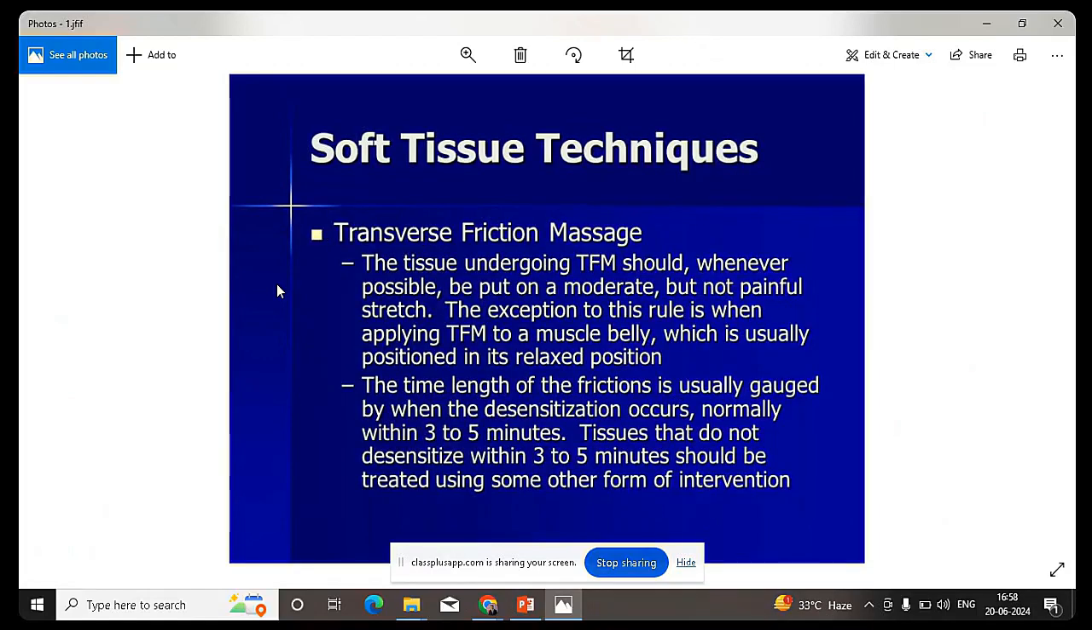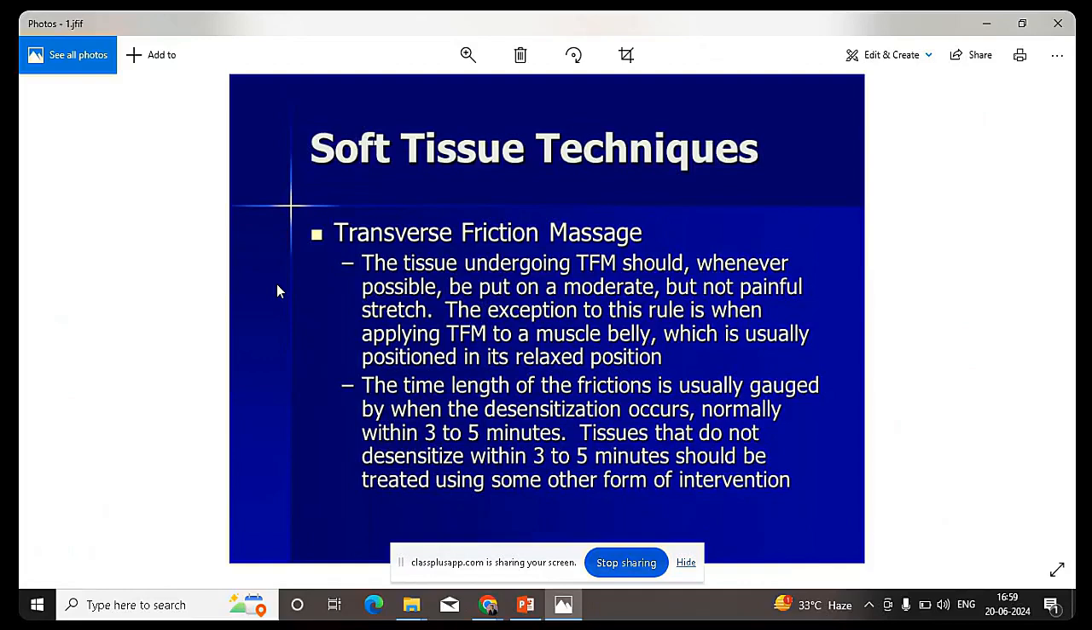Then there is the transverse friction massage. This can also be simply called a deep tissue massage, or it can be somewhat compared with the Mardan. The tissue undergoing the TFM should, whenever possible, be put under moderate pressure but not painful. So the stretch should not be painful, but the pressure should be considerably more than that of just Snehan or the Vimlapan. The exception to this rule is when applying TFM to the muscle belly, because the muscle belly has